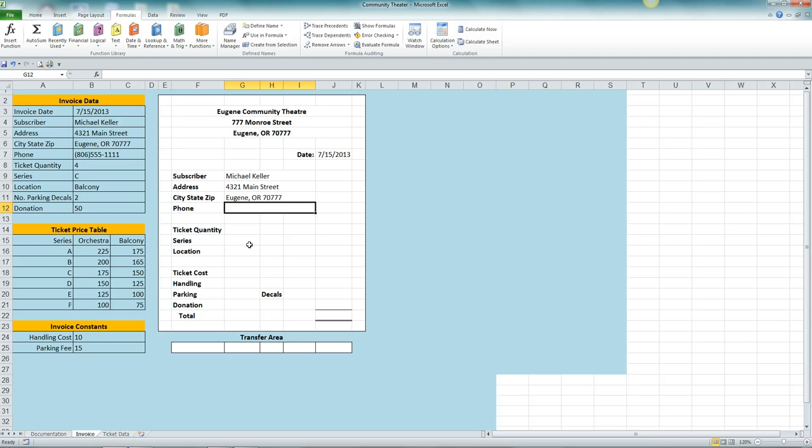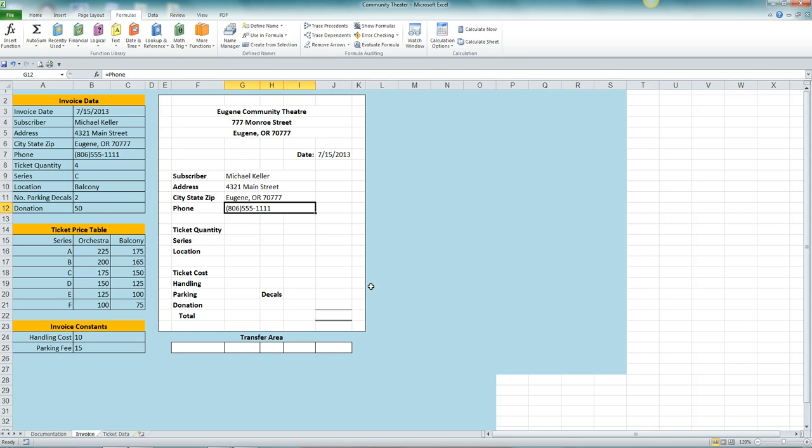In cell G12, which is where you should be located, if not, just click on it, enter equals phone, and press your enter key to accept it. The sample data from cell B7 appears in the cell, and the formula with the defined name phone appears in the formula bar. If you click on this, see this right there. All right,